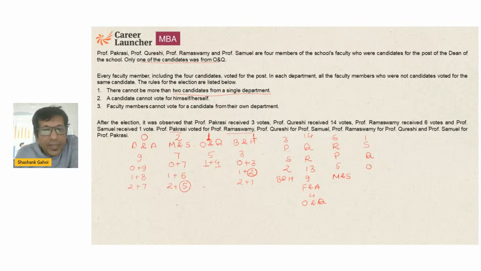Now, if S is voting to S, that S and P cannot belong to same department. Q and R cannot belong to same department. R and P cannot belong to same department. S and Q cannot belong to same department. So I need 2 candidates from MNS, 1 candidate from O and Q, 1 candidate from BNH. Okay. So I know that P cannot be from BNH. R equal to 5 means